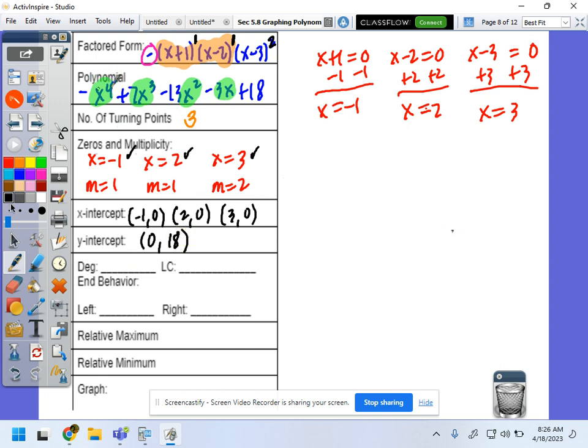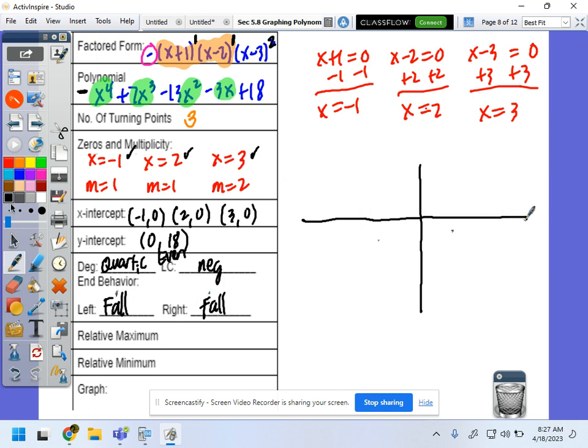Degree: look at your polynomial. What's the degree? It's fourth degree, or we call it quartic. A quartic is fourth degree, so that's an even degree, right? The leading coefficient is negative 1, the very first coefficient in your standard form, so that's negative. If you have an even degree and negative leading coefficient, look at your end behavior. On the left side, is it rising or falling? Falling, right? And then on the right side it is also falling. Okay? So when you graph that one,